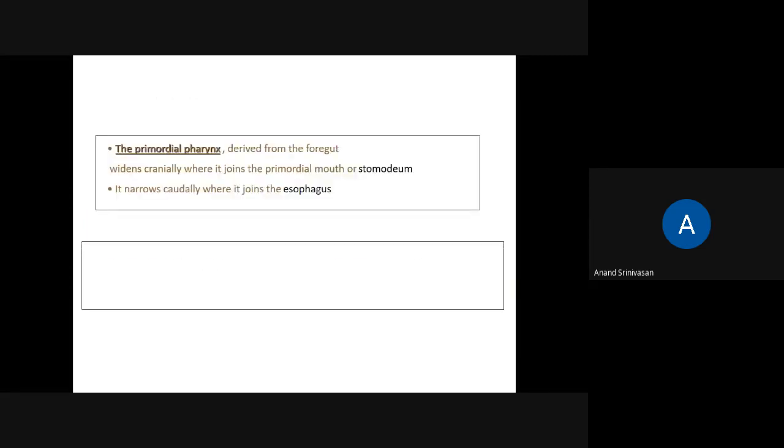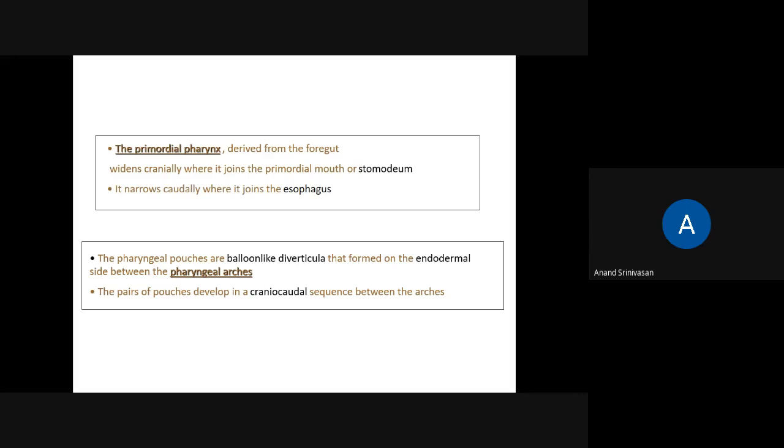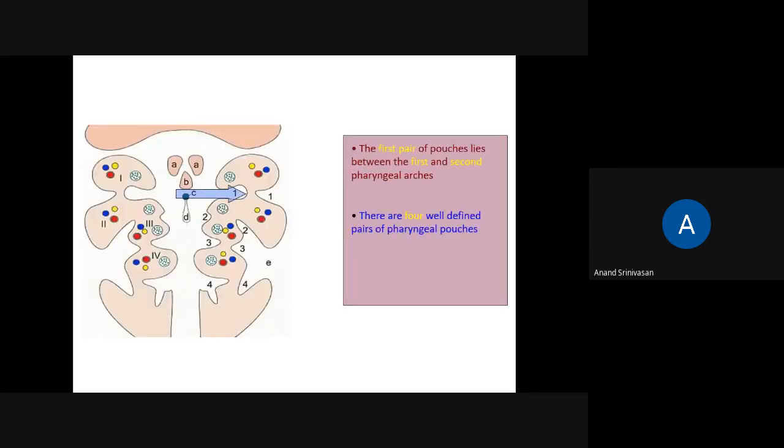Now coming to the pouches, this is with regard to the endocrine module. What we discussed until now was with regard to the head and neck as well as the pharynx. Now the pharyngeal pouches. You know there are pharyngeal pouches: first, second, third, fourth. The fifth one disappears.